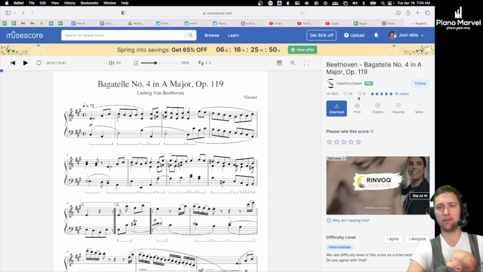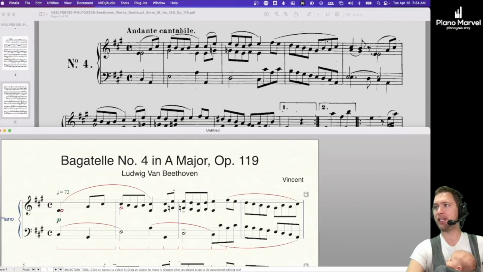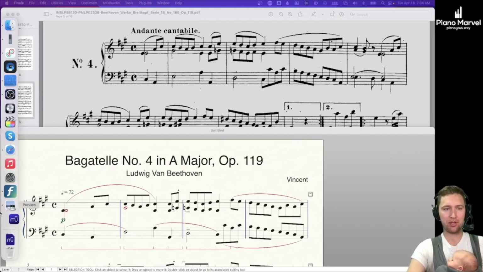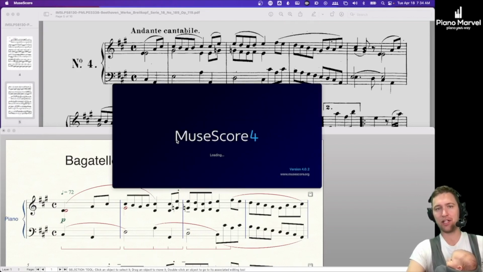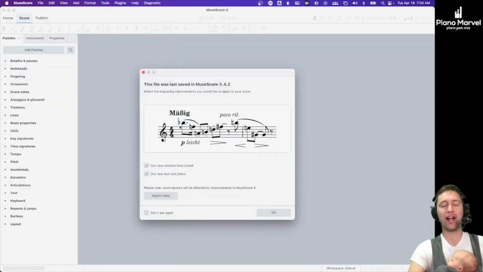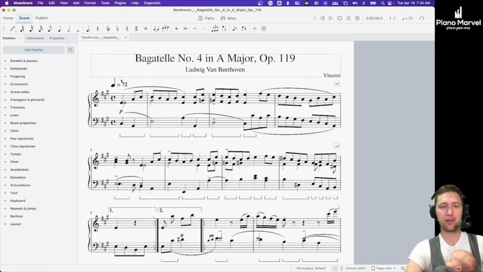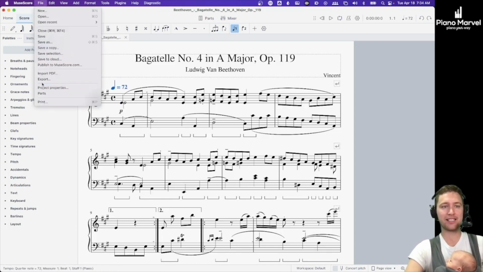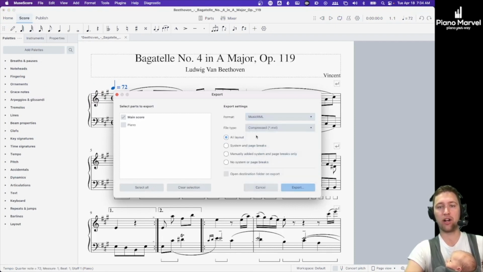Okay, so I just found this piece, and what I'm going to do is download it for Musescore. I'm going to immediately open that up right over here, and it's going to open it, I believe, in Musescore 4. What I want to do in this video is test if Musescore 4, I know Musescore 4 works with our new engine on the iPad and iPhone, but instead of deleting this, which used to be what we had to do in Musescore 3, I'm going to just keep it there and see if things work when we export the MIDI and the XML,